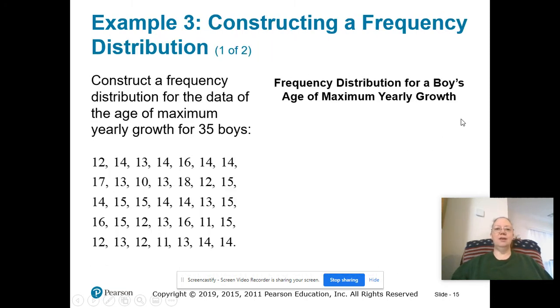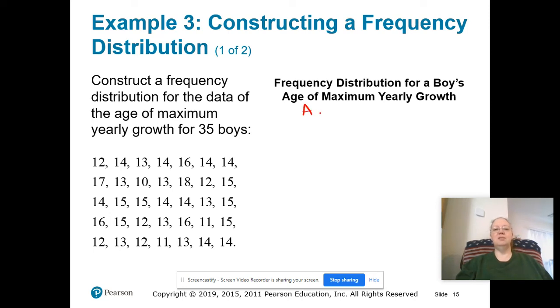All right, constructing a frequency distribution. We do this when we have a lot of numbers. If we just have our numbers like this, it's really tough to make any decisions based on the data because it's all jumbled and we can't see any trends or what's going on. So creating a frequency distribution,